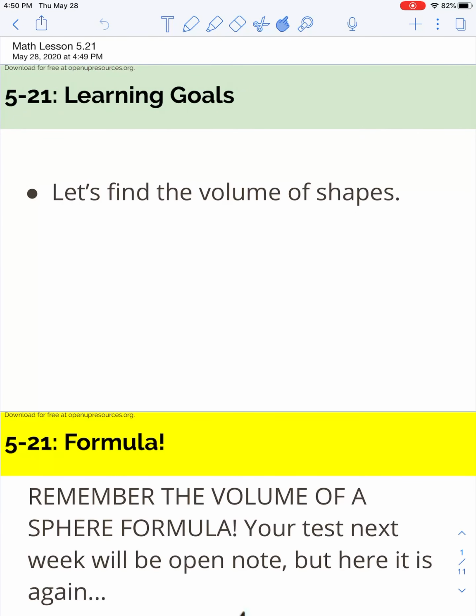Hello, everybody, and welcome to Lesson 21 of Unit 5, which is our final math lesson for the whole year, which is exciting and also really weird because I didn't feel like we were going to end this fast, but it just makes sense. The last lesson isn't really necessary. It's just optional, and so we'll do this, and then you'll have a study guide